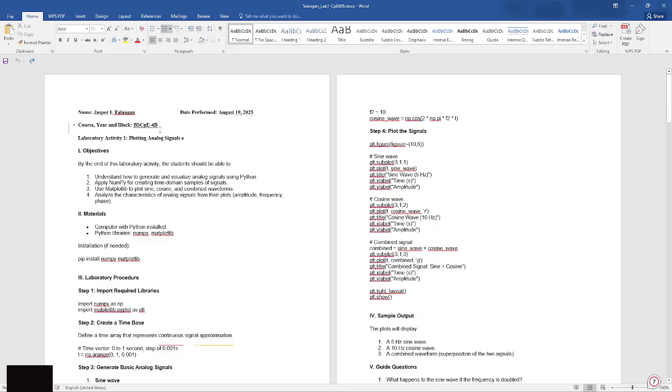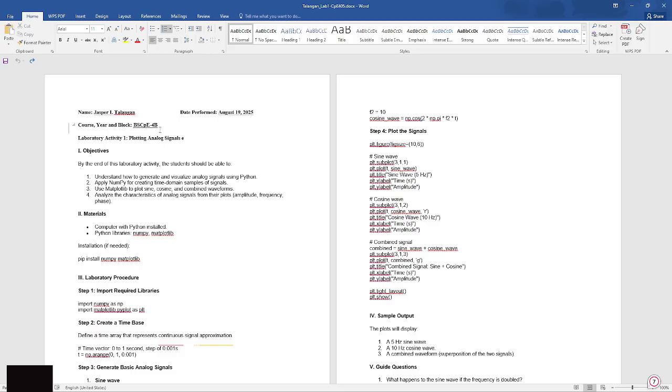The objectives for this laboratory: number one, understand how to generate and visualize analog signals using Python. Number two, apply NumPy for creating time domain samples of signals. Number three, use matplotlib to plot sine, cosine, and combined waveforms.